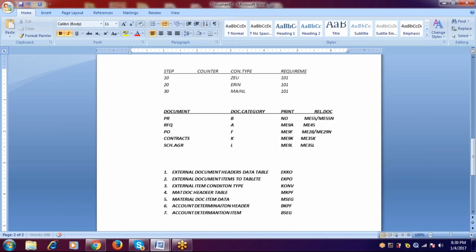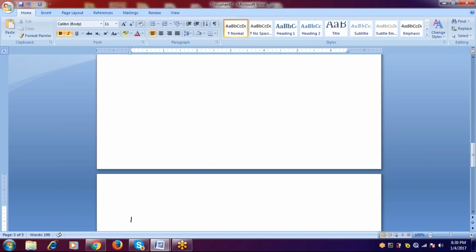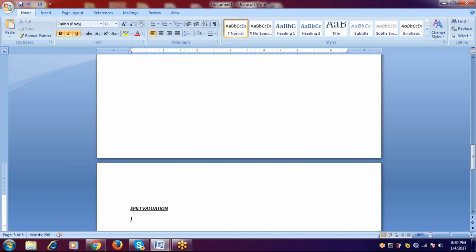Let me type here. So, what exactly is the split valuation? Let us see. The concept itself is a name, split valuation. The main purpose of the split valuation is that it is used to manage the different prices for the same material. For example,